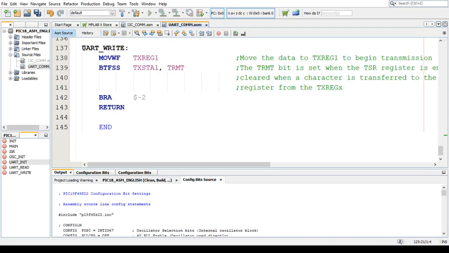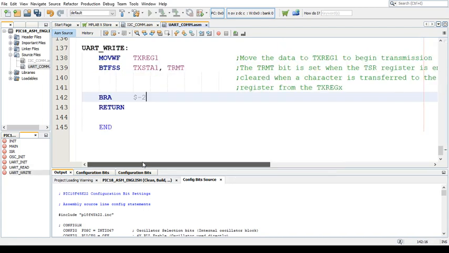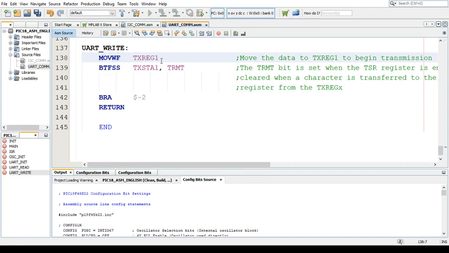UART write. So move the data to TX-Reg1 to begin transmission. This section of code assumes that you've already moved the data you want to send into the working register. Then you move what's in the working register to the TX-Reg1 register,